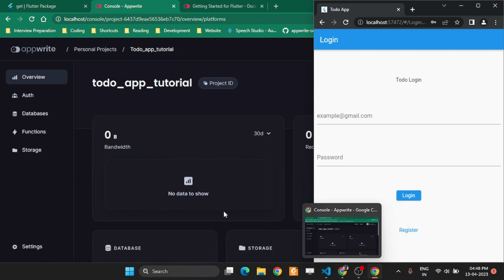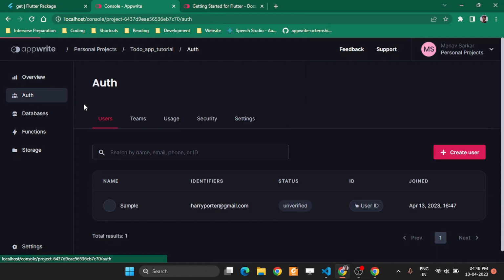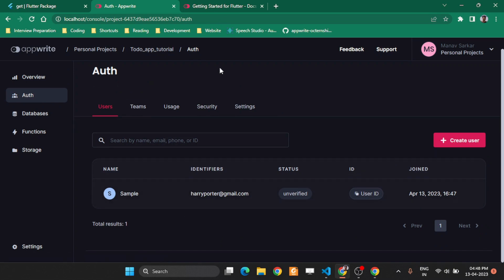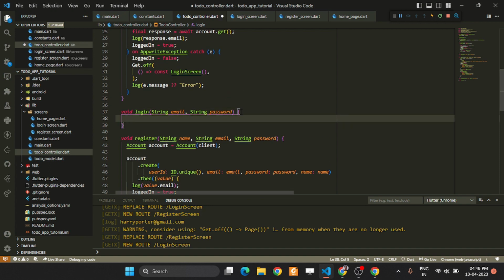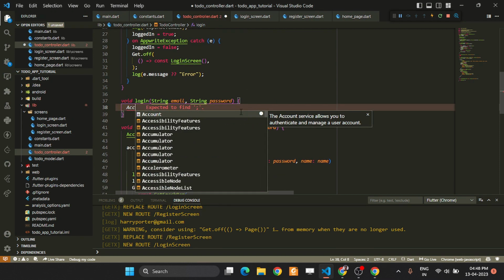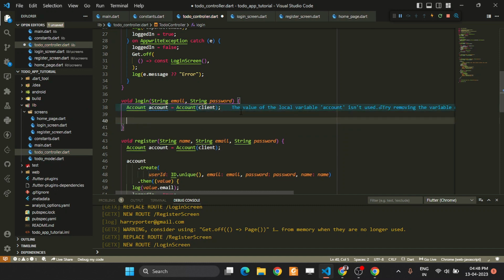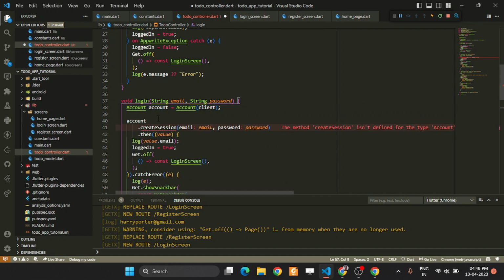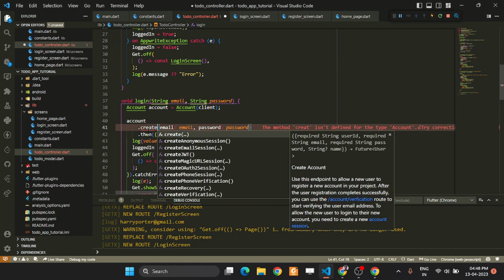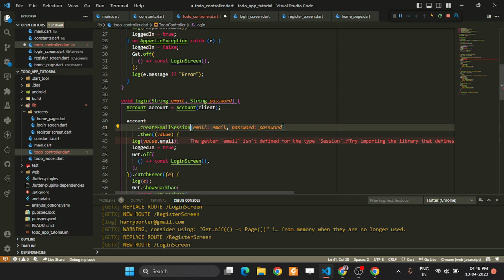Okay, so these things are being done, and let's go to the auth, and we should see that yeah, this user is being created, and here is the user ID. So we are very successful in creating the user, but some things are still left. We need to create the login session itself. So first of all, account, then try to create session. It is not create, it's create email session, and log